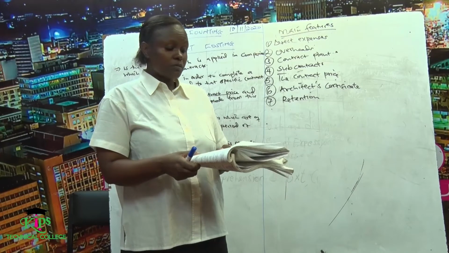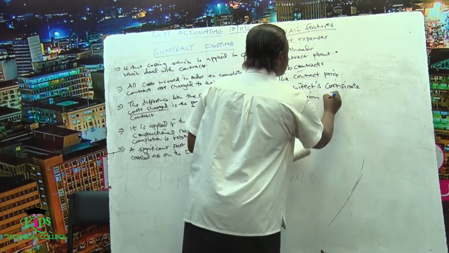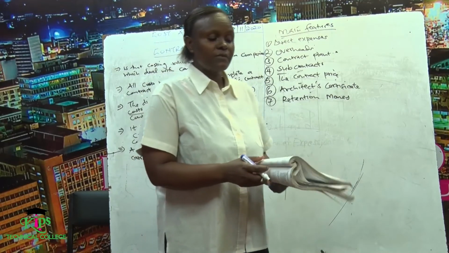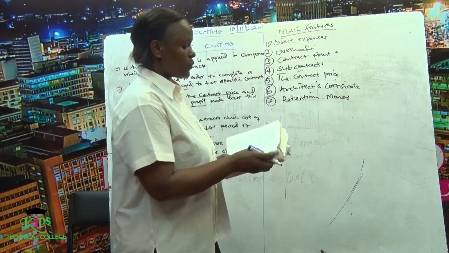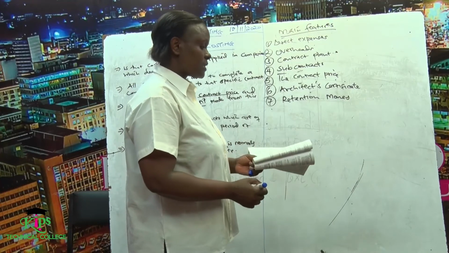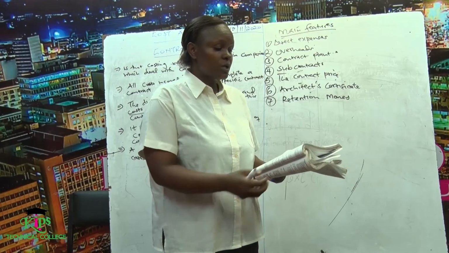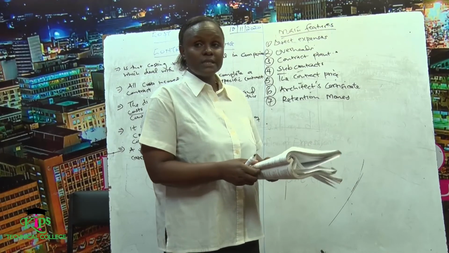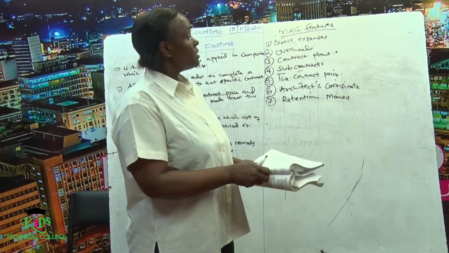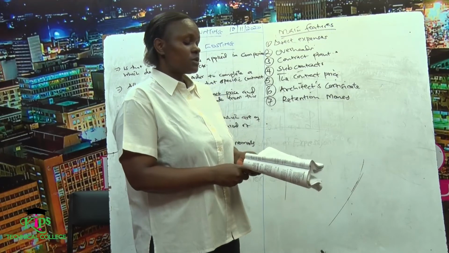The main purpose of the retention money is to ensure that the contract has been completed according to the satisfaction of the client and all the work has been rectified by the contractor. If the contractor does not remove such defects which can be found in the work or in the contract, the contractee cannot release the amount. So this retention money is shown in the contractor's account as debtors because it has not been paid.